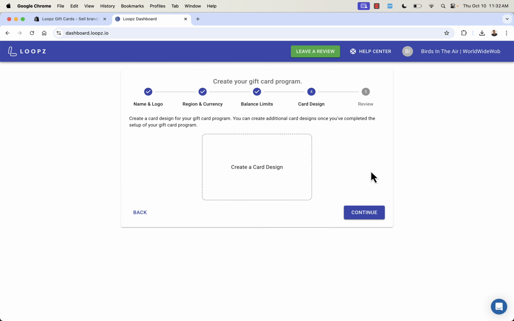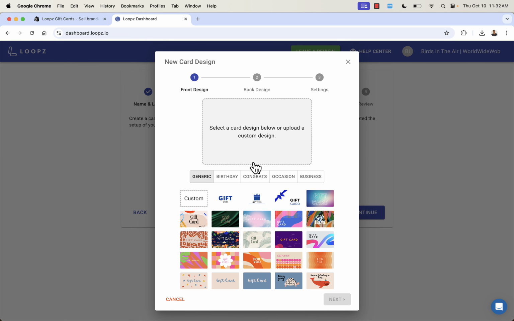Coming over here, now we can create a card design. And this is really cool because we're going to literally do it all inside this app. Click create card design. And the idea here is that we want to have reasons or excuses, for lack of a better word, for people to buy their gifts for some occasion with you, right? And of course, a gift card is a gift card, but